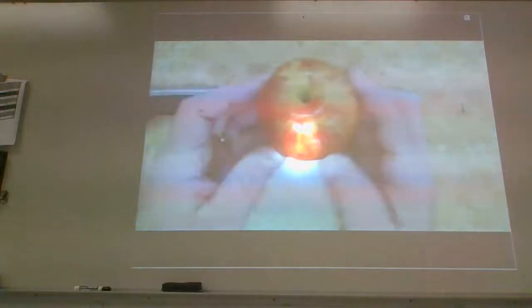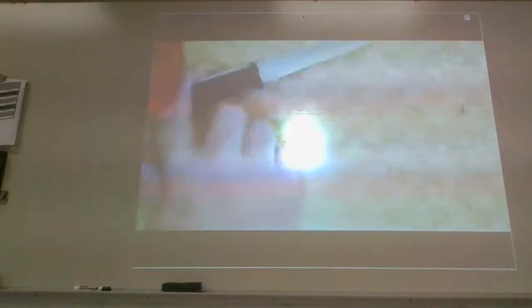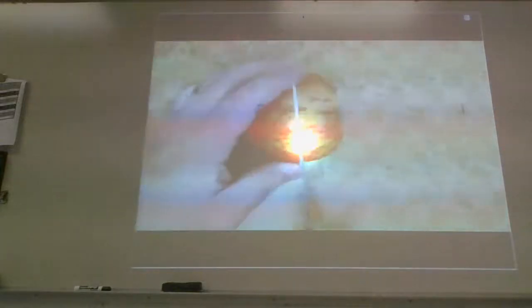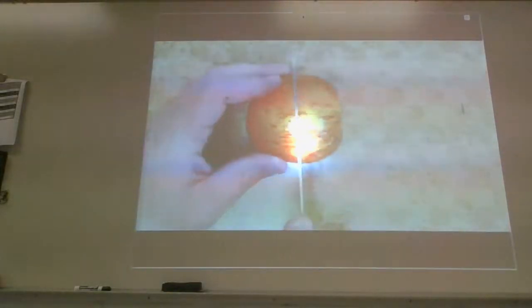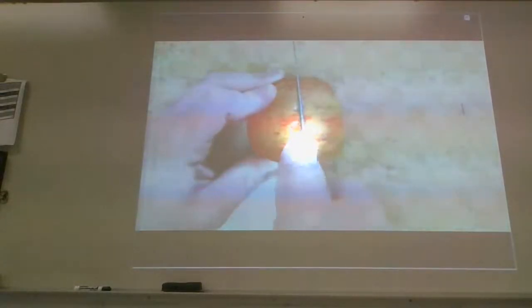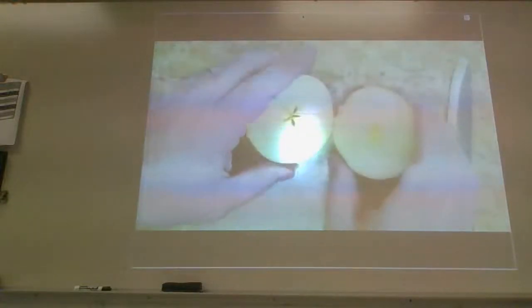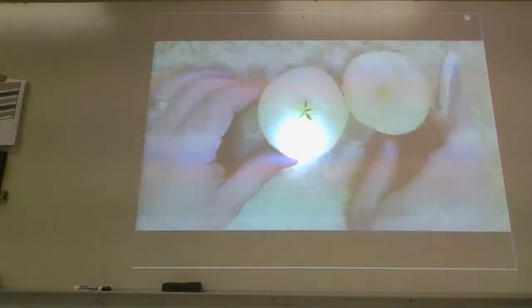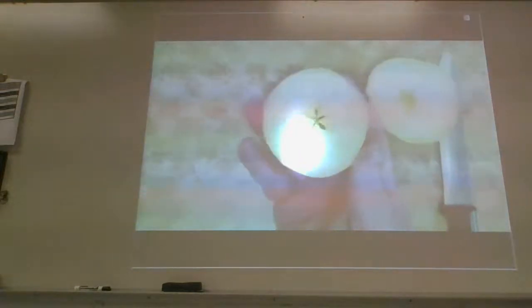So we just have a regular old apple right here, right? Nothing special about it. I ripped out the stem because I don't like the stem on there. But I'm going to try as best I can, without hurting myself, to cut this thing horizontally. Now, I do have a backup apple just in case. Just so you know, I do have a backup apple. But look at that right there. I just cut this apple open horizontally. And I'm going to zoom in on this thing right here. Look at this.